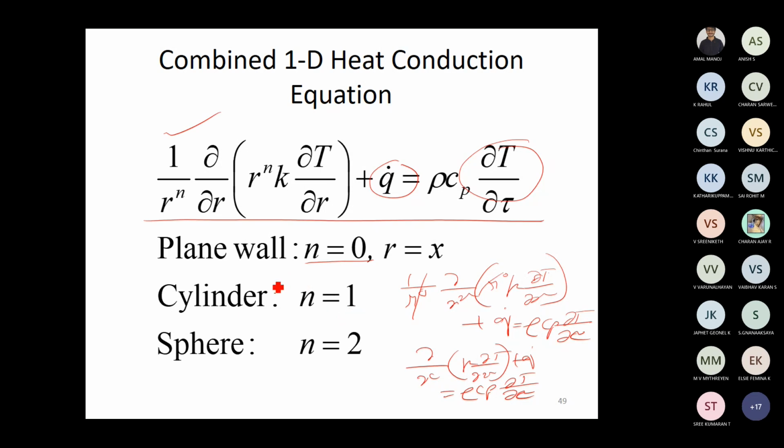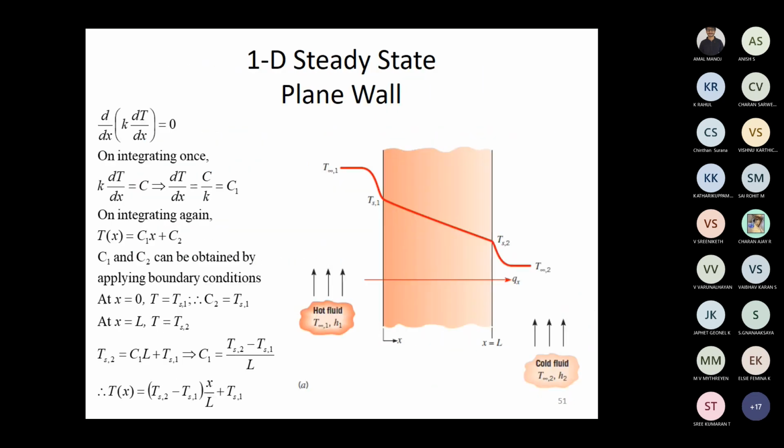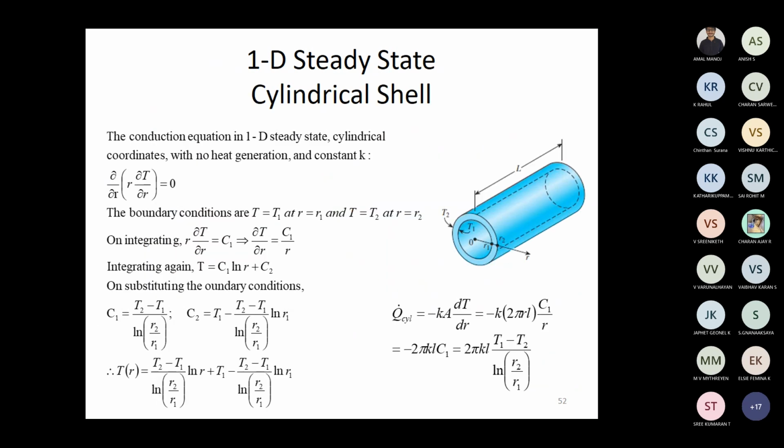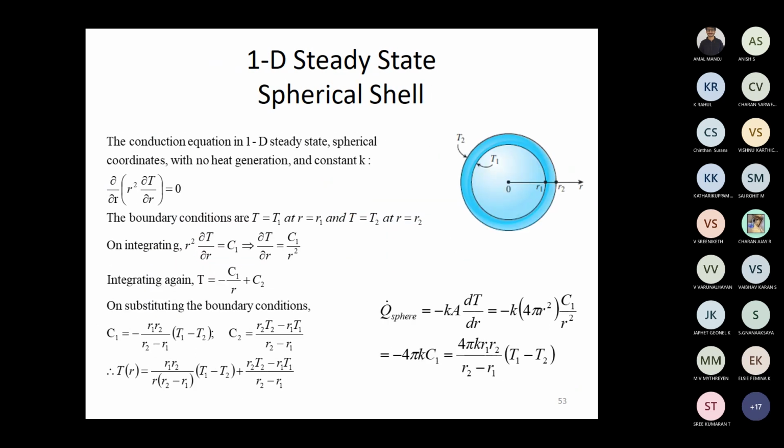Similarly, if you substitute n is equal to 1, leave r as it is, it will become the equation of a cylinder. Similarly, n is equal to 2 becomes the equation of a sphere. So you can derive this 1D heat conduction equation in spherical coordinates and in cylindrical coordinates using